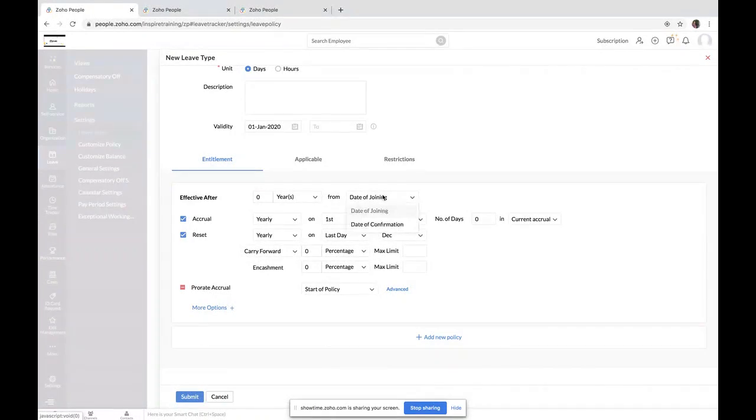It's not just the date of joining, you have another field called date of confirmation from the employee form, which you can make use of to define your leave policies. Say employees in your organization serve a 6 month period of probation. In that case, you can provide the date of confirmation, and based on the date of confirmation, the leave will keep attaching to the policies.